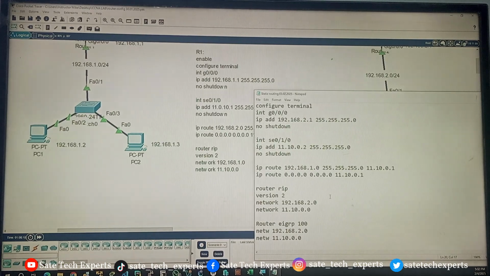So any issues, bring it to our attention, and then we will address it. So all the routers are pinging, and we are going to